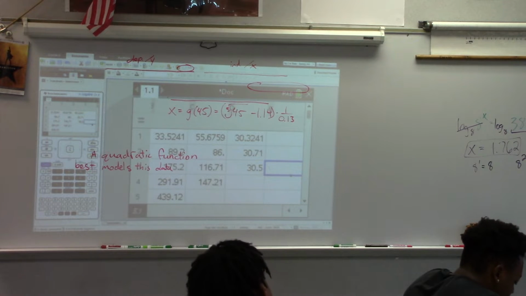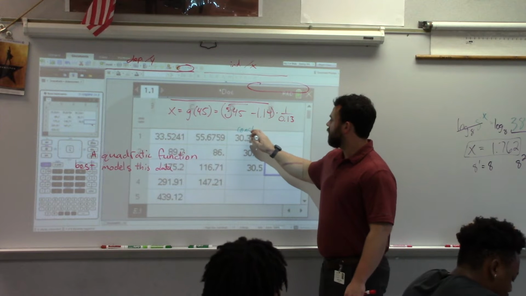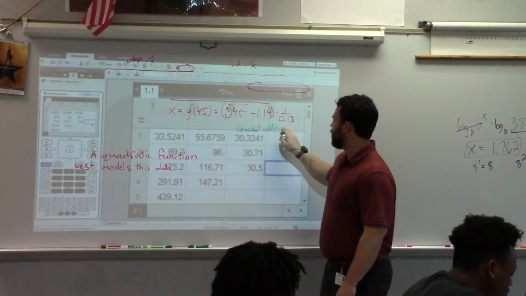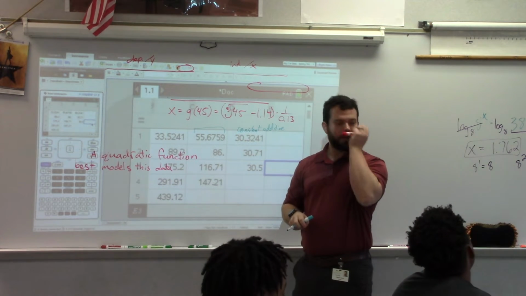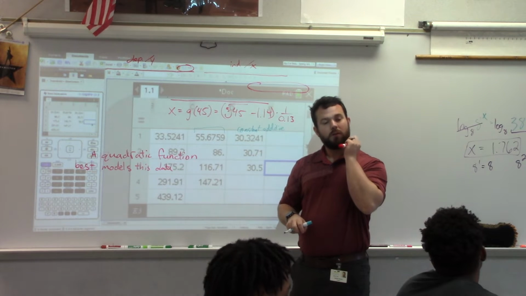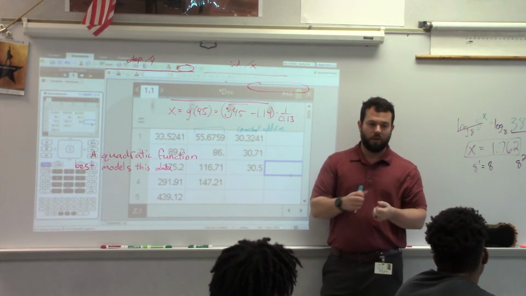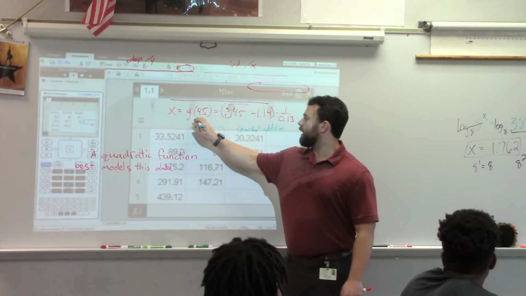So notice this is a constant additive rate of change. What kind of function has a constant additive rate of change? Linear does. So this would be a linear